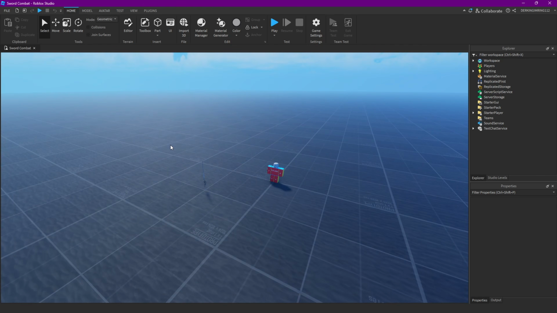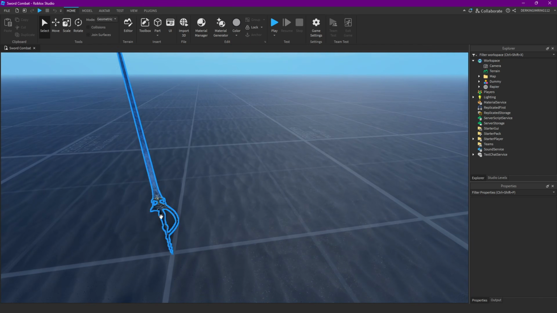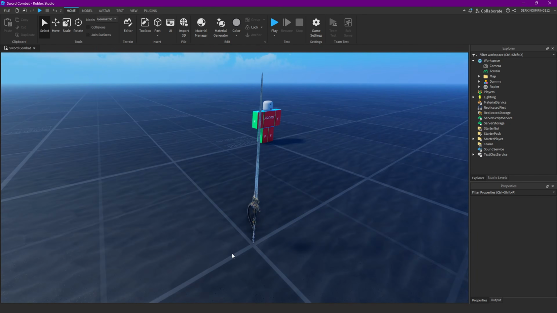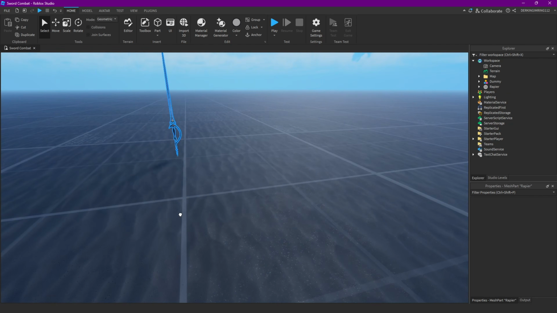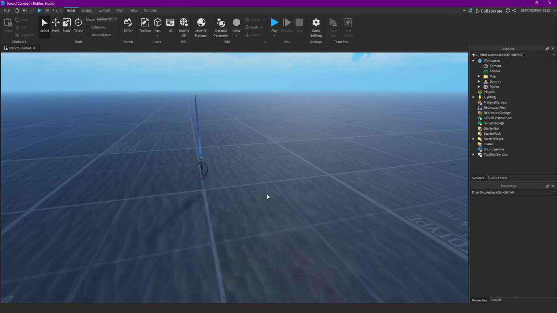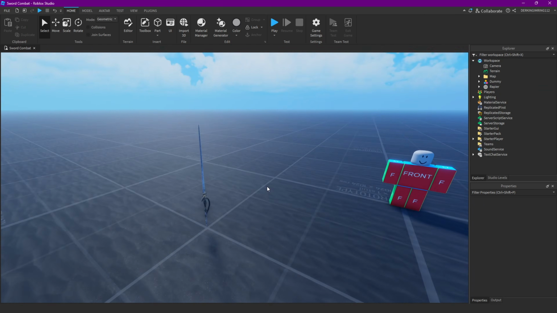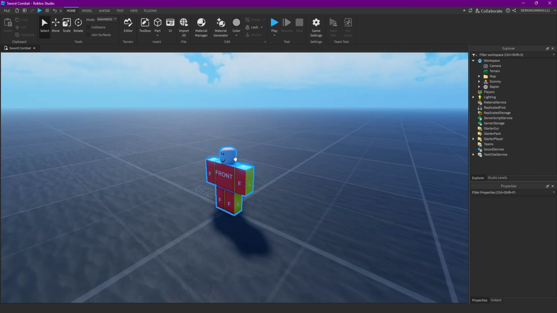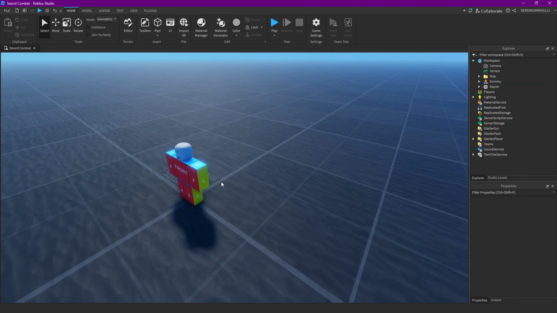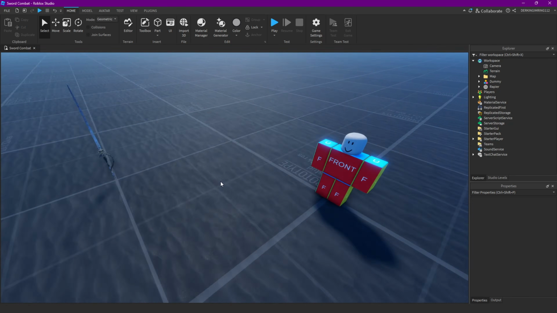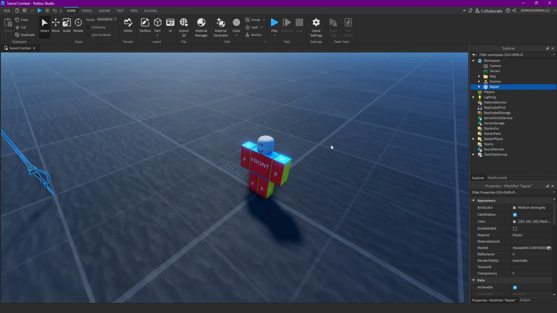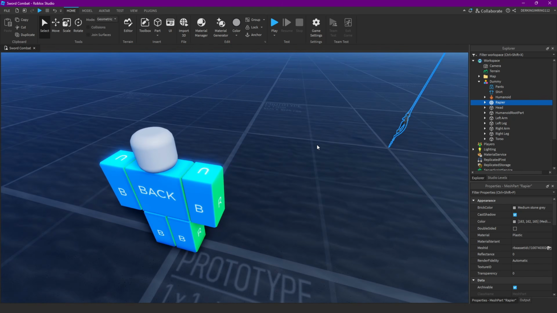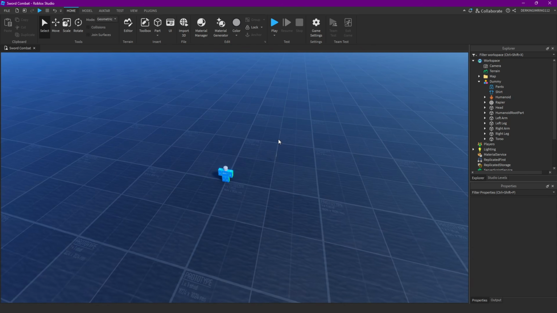Okay. So first, make sure you have a weapon. Doesn't really matter what, but make sure to have one. I'm just using a rapier here. Then you already want to have a dummy, because we're gonna use that for a bit of testing. Now you want to take your rapier and put it into the dummy, and because we are not gonna work with any tools or something like that,